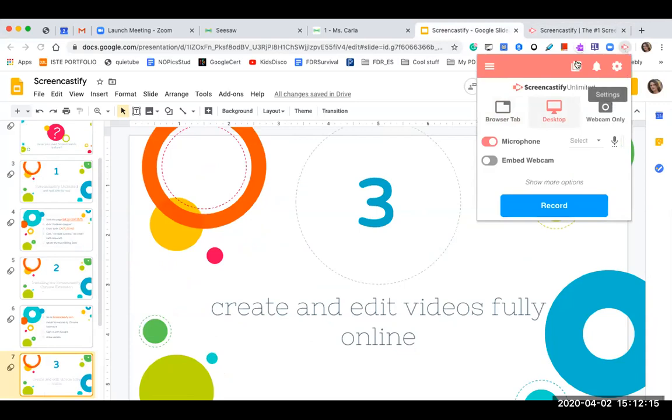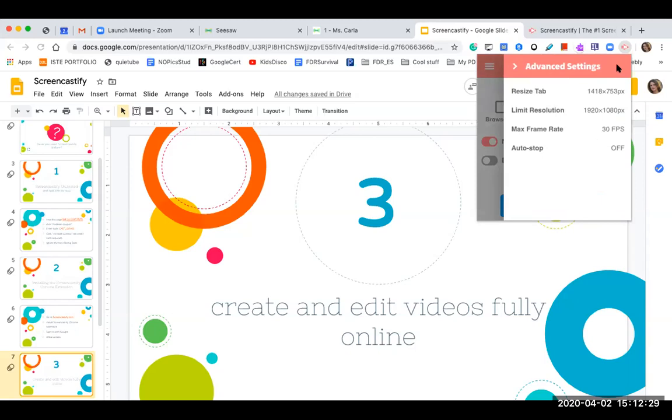There are 3 different types of screencasts that you can do. But before we go there, I want you to take a look at this little gear, which is the settings for Screencastify. We're making videos that are mainly to be shared online. And this resolution is really high. The internet is not the fastest these days. And if we're gonna post these videos into